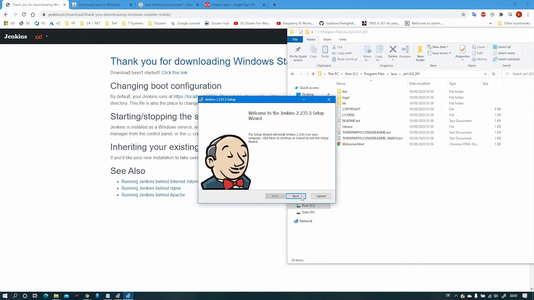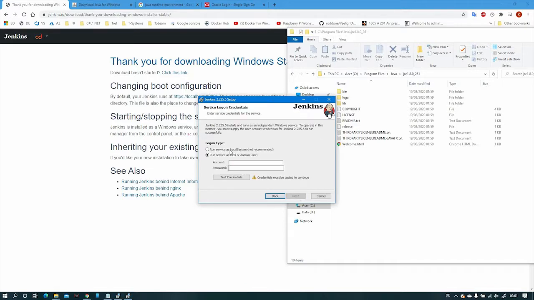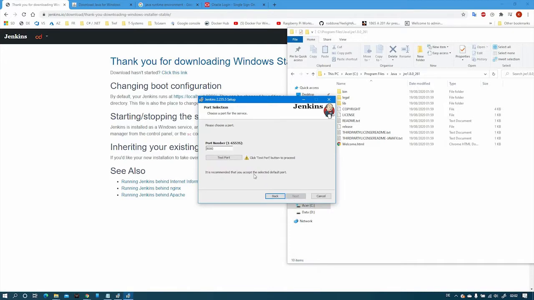Alright, let's choose next. Yes, default installation. Install it on the default path. I will run Jenkins as a local service. Choose next. I will leave the default port 8080